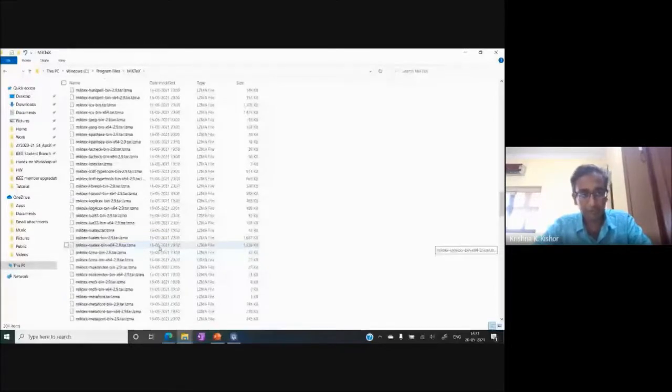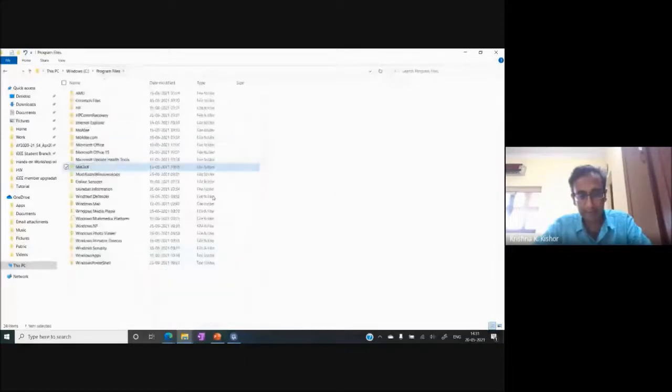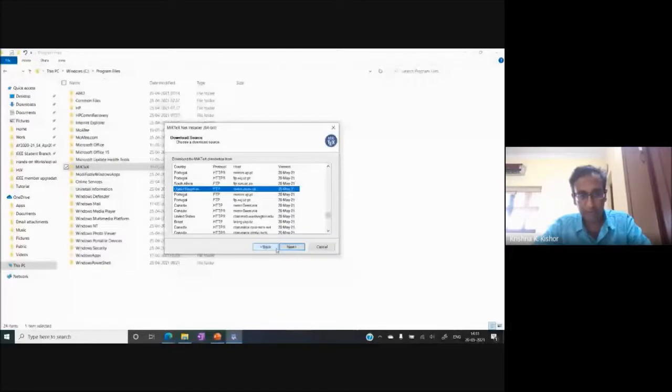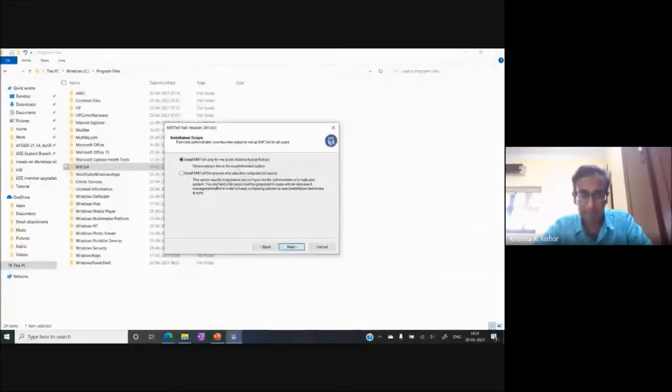After you download it, you run the same thing again, and now instead of downloading, you go install it. Again you go next, again the basic version, and then it'll ask you which user you want. Some people have multiple users on their laptop. In my case, there is only myself, so I installed only for myself, and I recommend you do it for one account. Then you go next.